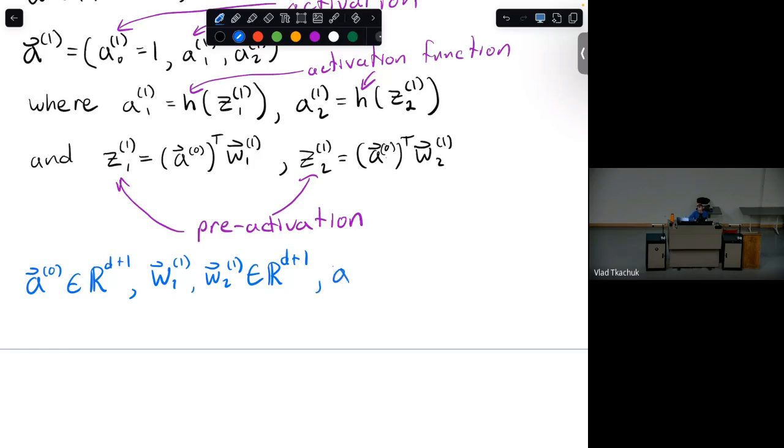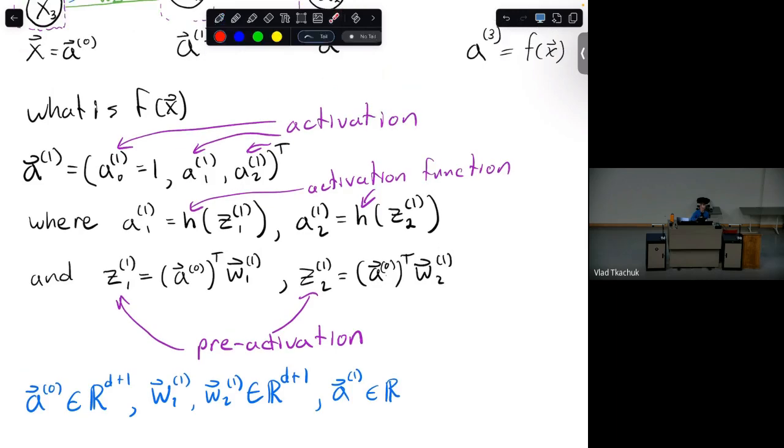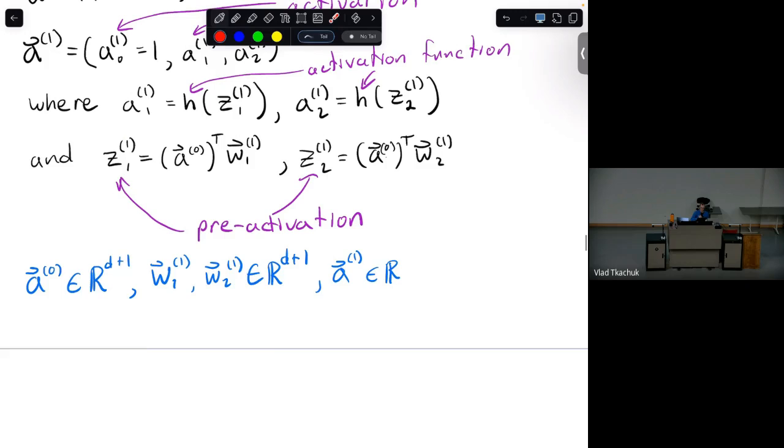What is the dimension of this feature? Or sorry, this activation vector. This activation vector is now of what dimension? Well, you can just look at it. It has 1, 2, 3 dimensions. And you can write it like this, where there are 2 actual activations plus 1 for the bias. So there's a 3.